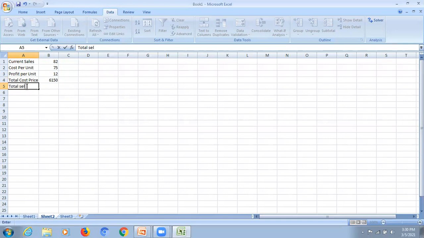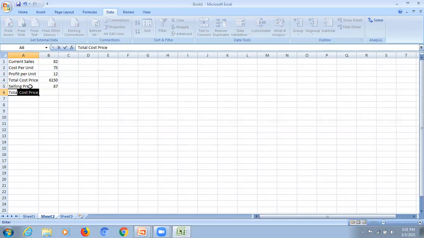Let us mark it as total sale. The sale of one unit is 75 plus 12, that is 87. So first of all, let me write here the selling price. Selling price is 87.